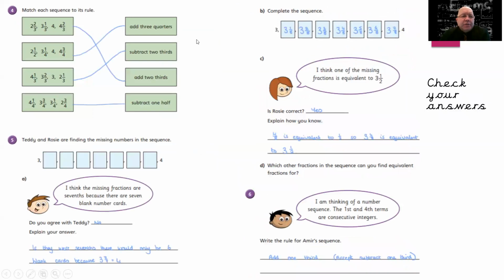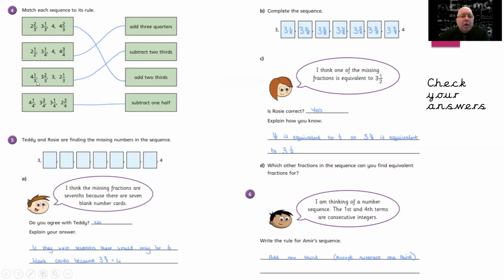Okay, your answers. Our first sequence, 2 2/3, 3 1/3, 4. Well, in this case, we're going up in 2/3. So 2/3 is your first answer, adding 2/3. For our next one, 2 1/4, 3, 2 1/2, 3 1/4, 4. In that one, we're going up again. So we're adding